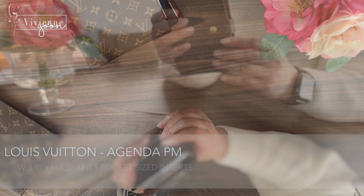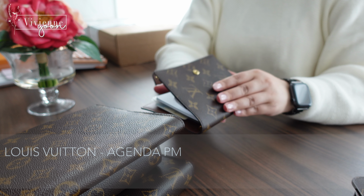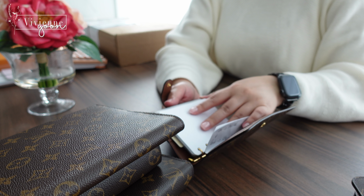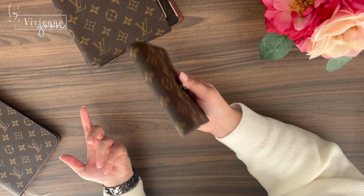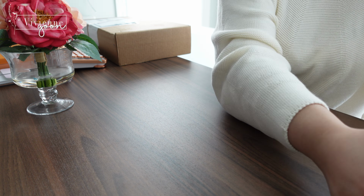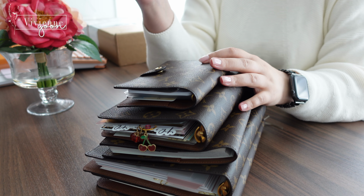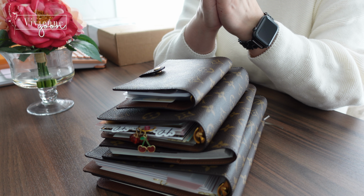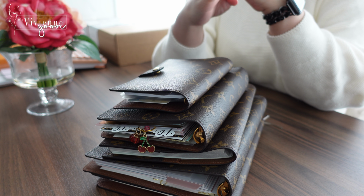Then here comes the PM. I was like, well, I got all the agendas, missing the PM, so why not? It wasn't expensive, so I guess I can use it as a notepad or a card holder. And then I told myself this is getting ridiculous. There's no such thing as planner peace, but more like a planner addiction. I stopped browsing the Louis Vuitton website since then and unfollowed the planner community and social media related to anything